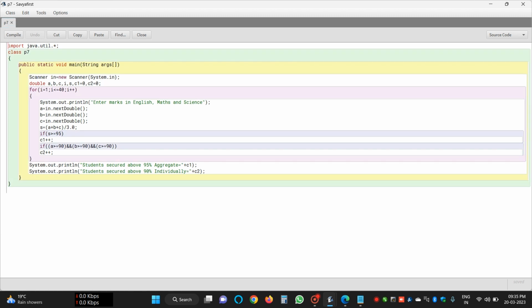We have to get the marks of 40 students of English, Maths and Science, and we have to do 2 counts. First count will be the aggregate of the percentage, as each student has scored 95% in the aggregate, means total average. So we have calculated the average, and if it is greater than or equal to 95, C1 counter will be plus,